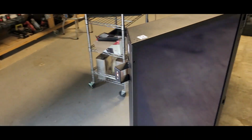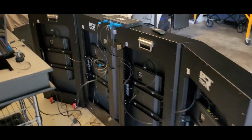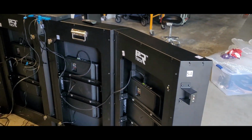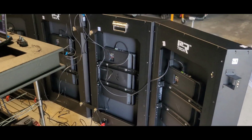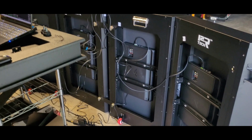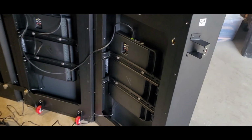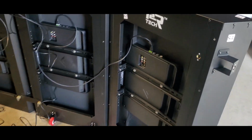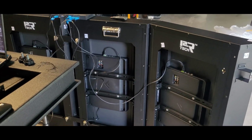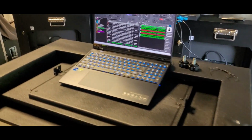And again, I'm just running my laptop right now. I haven't used my main console yet. Now I'm going to play with these cables back here and make it all quick disconnect and a little bit more tidy and organized. I might come up with an access panel to put in the back here, where I can cover all that so it doesn't look untidy, because it'll bug the crap out of me. And again, I'm using Virtual DJ,